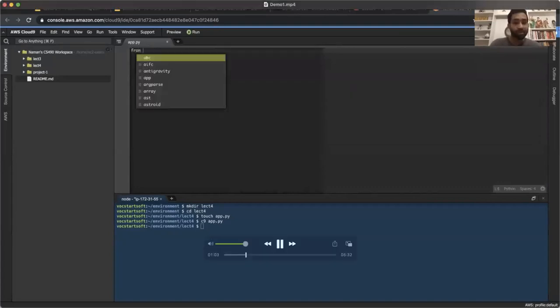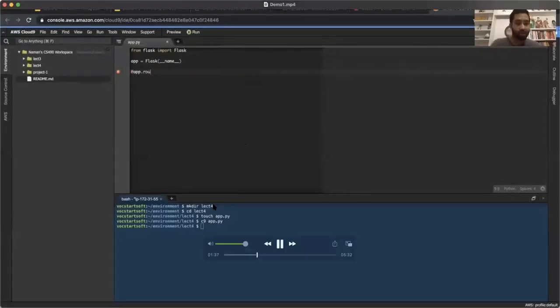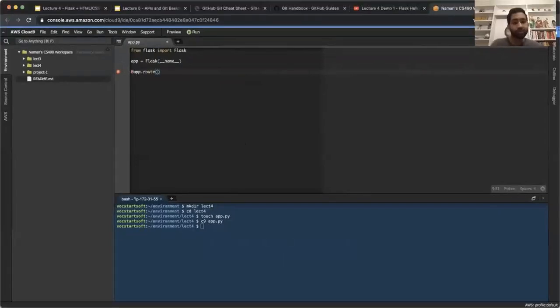I'm just going to take this straight from the documentation, and you can too on the Flask website. The first thing you want to do is import the Flask class, which we're going to be using. Next thing is to create this variable called app, which is just going to be an instance of this class. And we're going to put name here, which is just kind of the default when we don't have multiple apps or things running. And then finally, the last thing we need to write is we're going to use this decorator and define the root